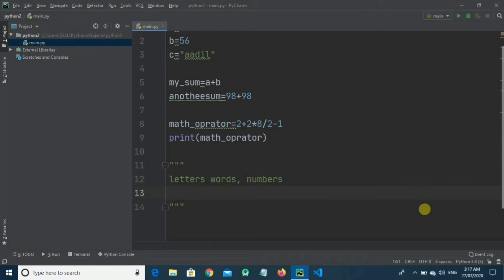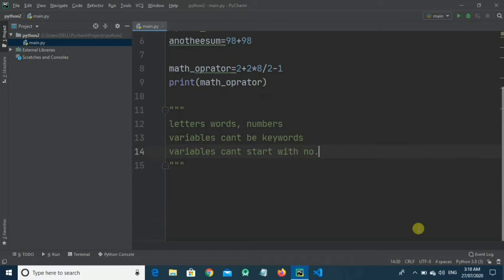And it cannot be a keyword. A variable also can't start with a number. It can contain a number but it cannot start with a number.